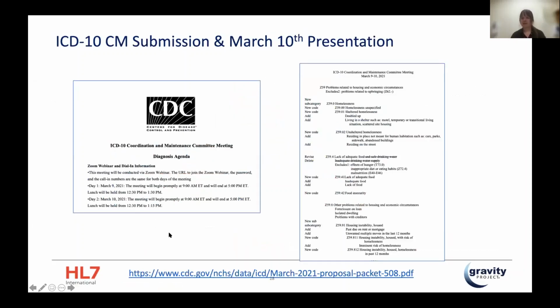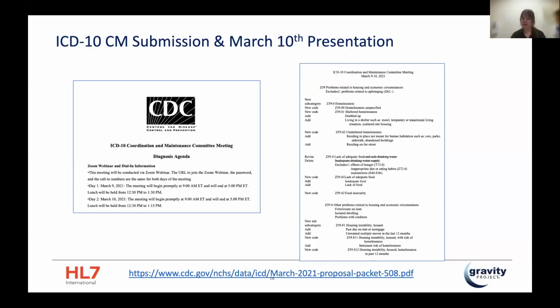This is an example, very small, and I did put it in the chat, the ICD-10-CM submission of the robust expansion of terminology. Again, this is only in the US right now, because it is in our US extension, but pending build, we'll be able to specifically document food insecurity, transportation insecurity, housing instability, which is unstably housed but not homeless, which we know is critically important from the healthcare literature, and also financial insecurity and material hardships. So this is all expansion that's going to come over the next year or so within US ICD-10.